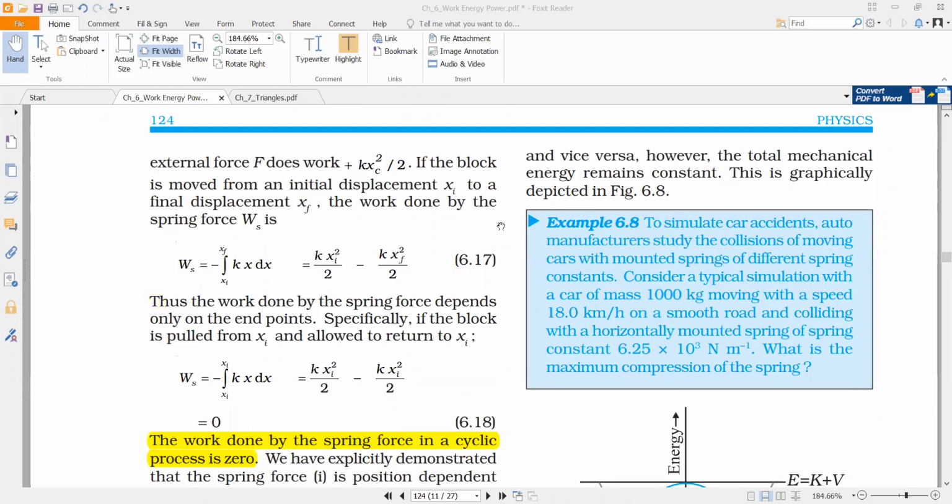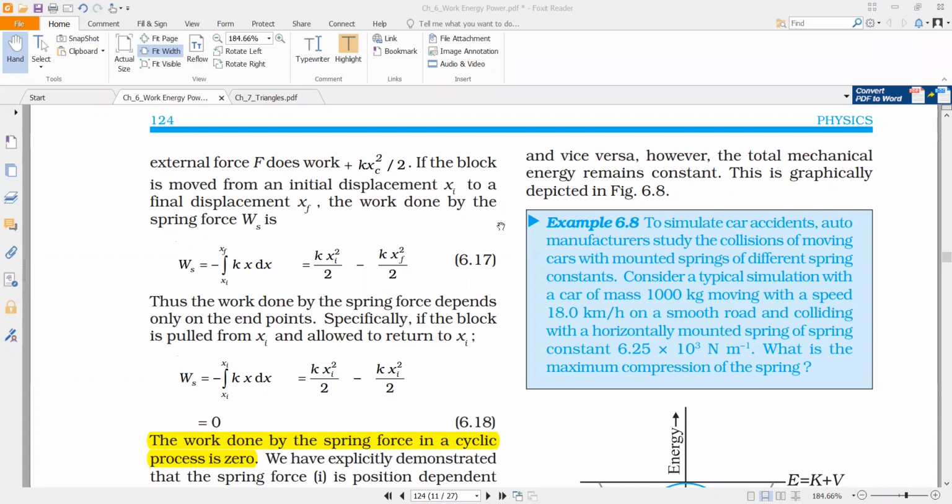Yesterday we talked about spring force, and we showed that spring force is a conservative force. The work done by the spring is stored in the spring in the form of potential energy. Moreover, if the compression or expansion of the spring goes from x1 to x2, then the total energy stored depends only upon its initial position and final position. When this criterion is followed, such forces are called conservative forces. So this spring force is a conservative force.